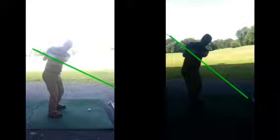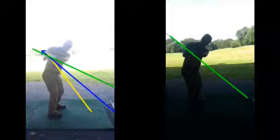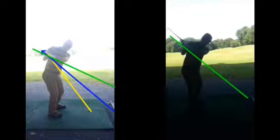If we go back to this frame here, that's your club shaft there. Wow, so that's how much you've changed. You've gone from the green line to the blue line, and in time what we'd eventually see is probably more on the yellow line. So it's a progression from the green to blue to yellow, bit by bit. Doing it too much too soon can be really strange and you'll get even worse. So in some ways, small little changes, a bit at a time, getting that sensation the club is lifting up,